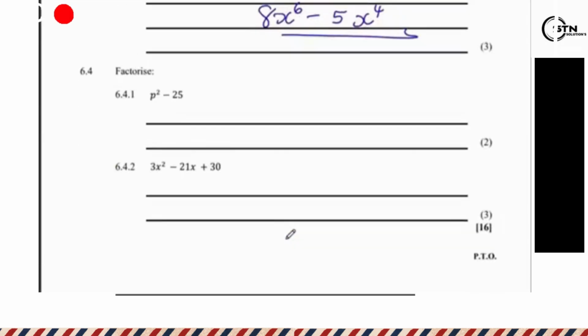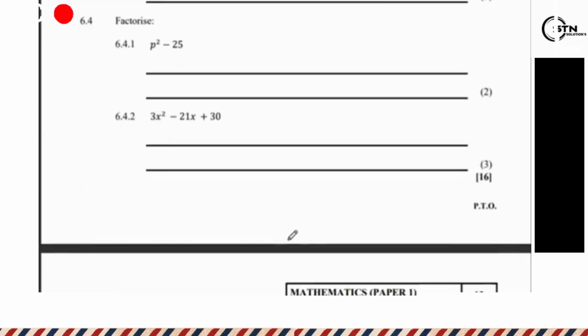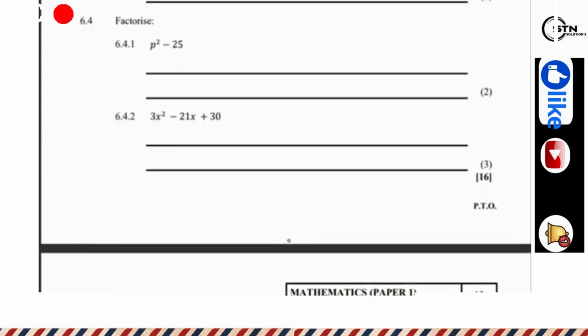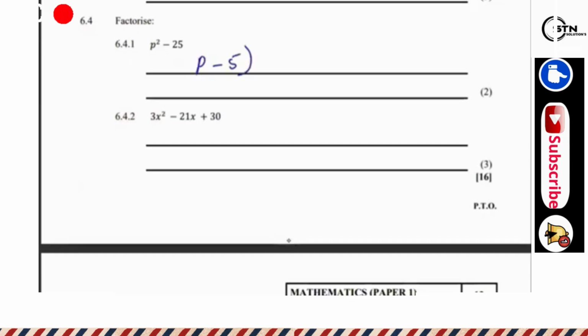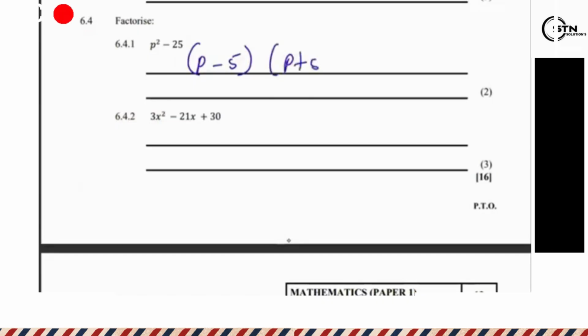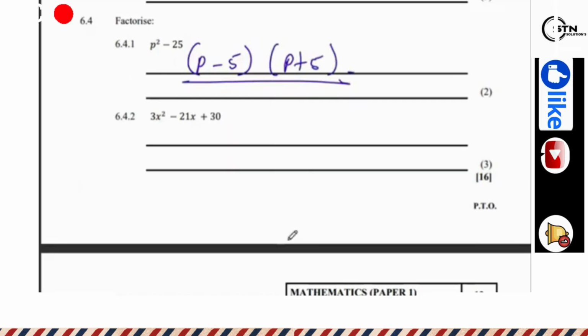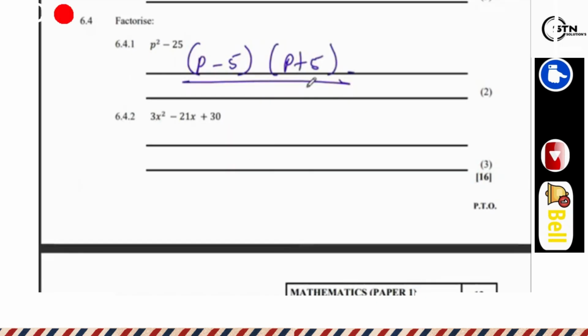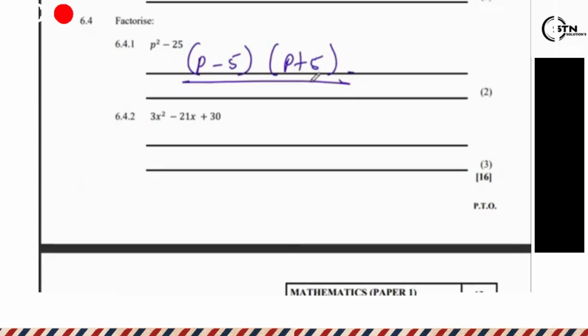All right, 6.4. Factorize. This is a difference of 2 squares, which means we're going to have p minus 5. Then we're going to have a p plus 5. That becomes the answer. 1 mark for each factor. The order of the signs does not matter. You can start with a plus and end with a minus. Okay. Then